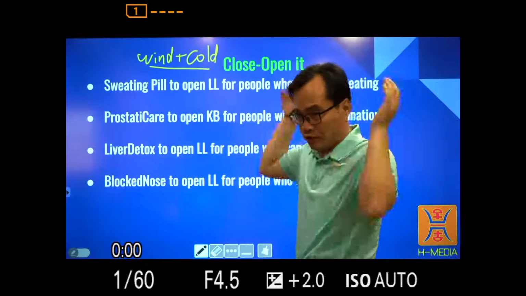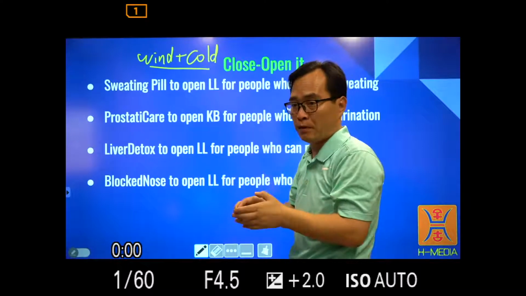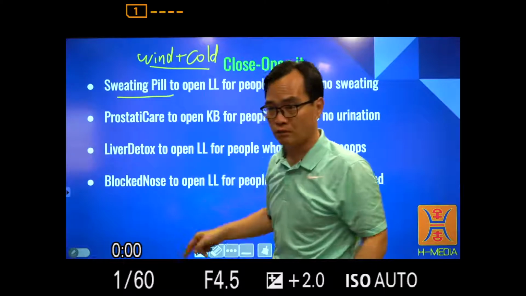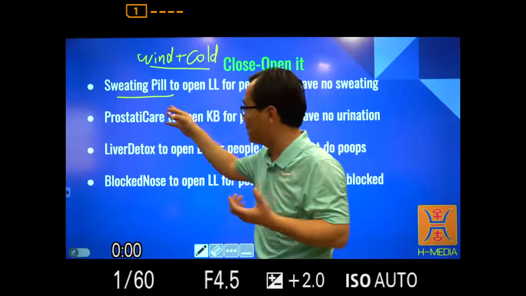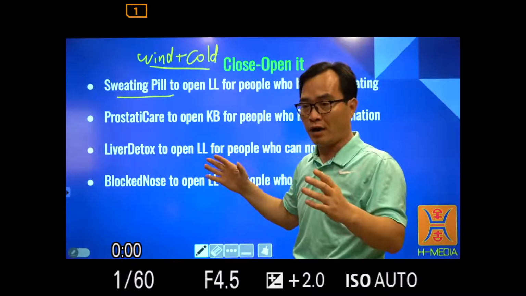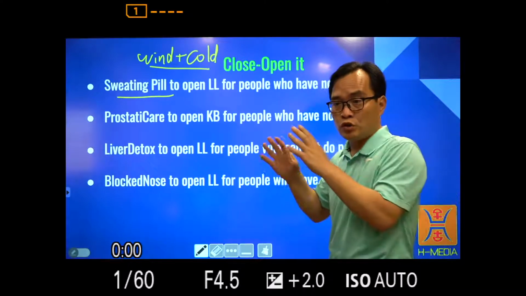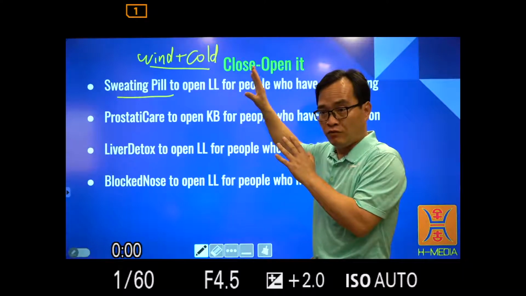After that, they close the pores, and then this kind of toxin stays in your body and makes problems. For this kind of problem, you can also use the sweating pill. The sweating pill will help your body's soldiers, your immune system, to fight against this kind of wind and cold toxin, the flu toxin,